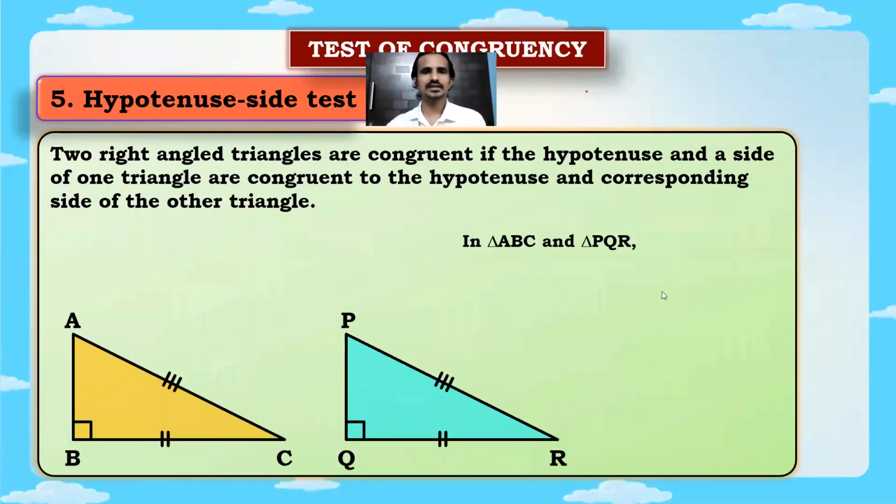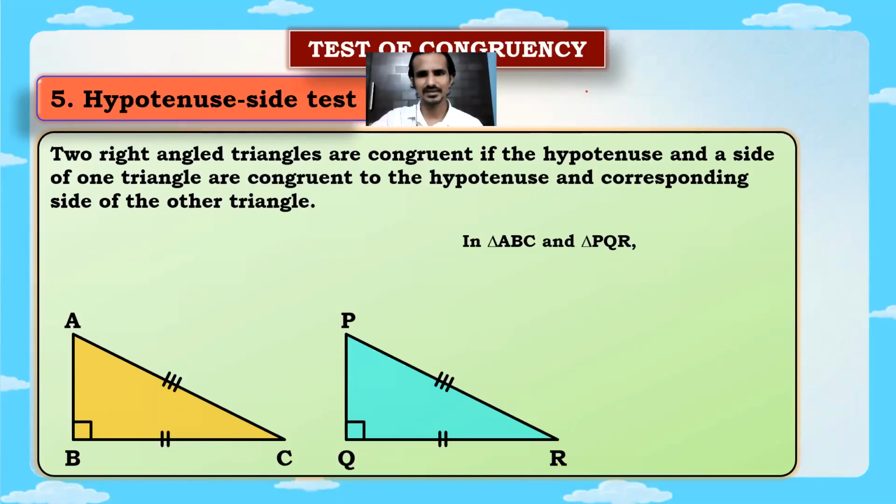अब एक चीज याद रखना. This is the hypotenuse side test, but you don't remember it only as the hypotenuse side test. Remember it as right angle hypotenuse side test. इसको कैसे याद रखेंगे हम लोग? Right angle hypotenuse side test. RHS याद रखना. Right angle, hypotenuse and side. So whenever we are applying hypotenuse side test, we should always write down the right angles first. इसमें right angles लिखना compulsory है. Right angle, then hypotenuse, and then side. So we'll first mention the right angles.